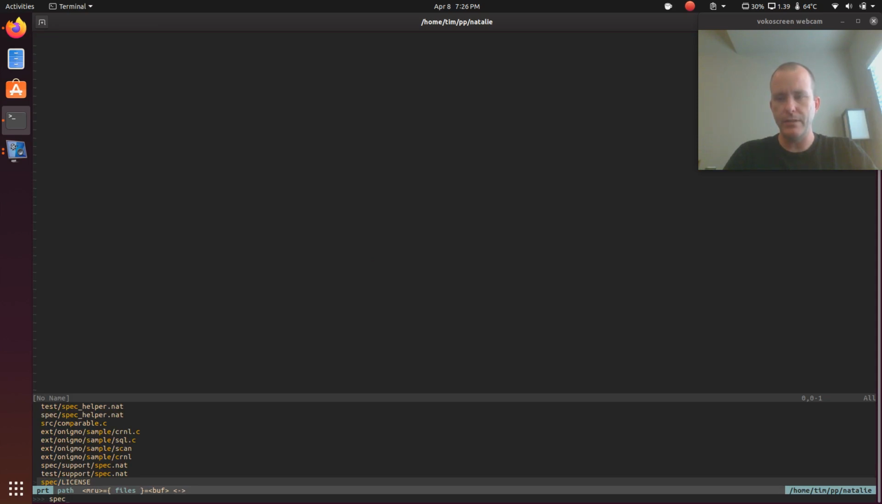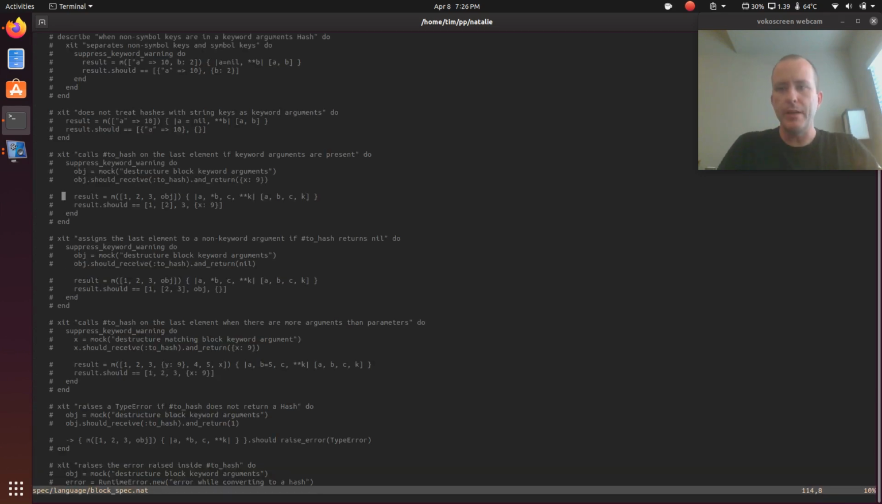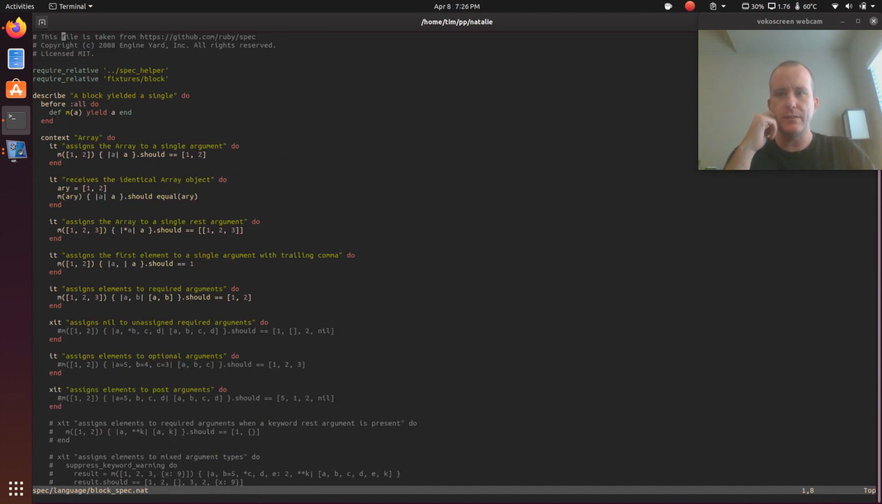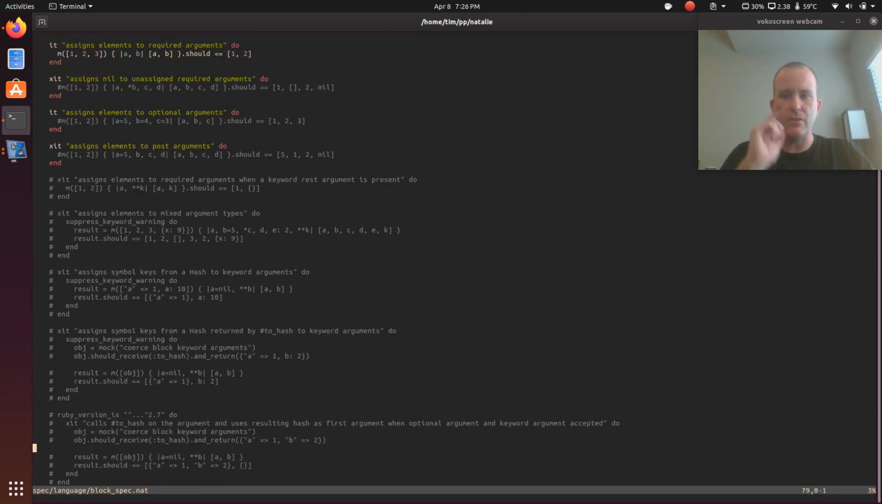what spec was I in? Method? No, I think it was block spec. Yeah, block spec. These are specs that came over from Ruby spec, which is a freely licensed specification of Ruby. A while ago, I pulled these in and then commented out all the ones that didn't work. But we're at the point now where some things could start working because I did a lot of work on arguments. And so I think this one,